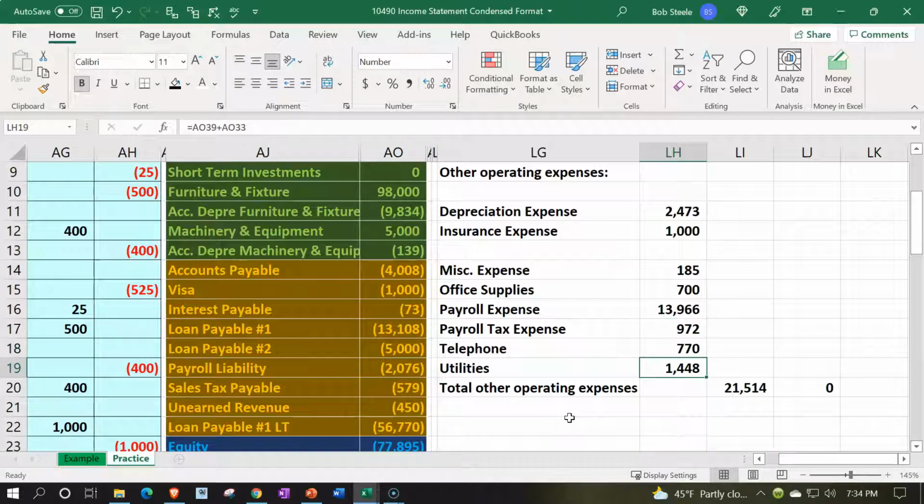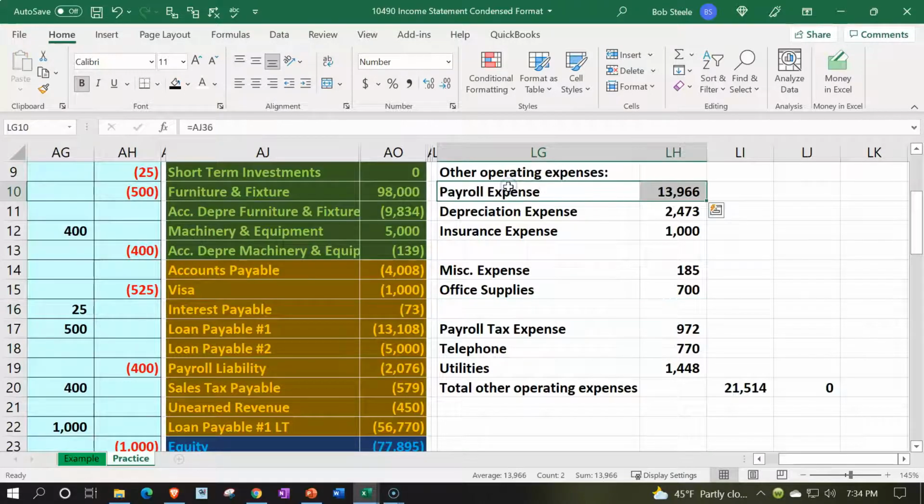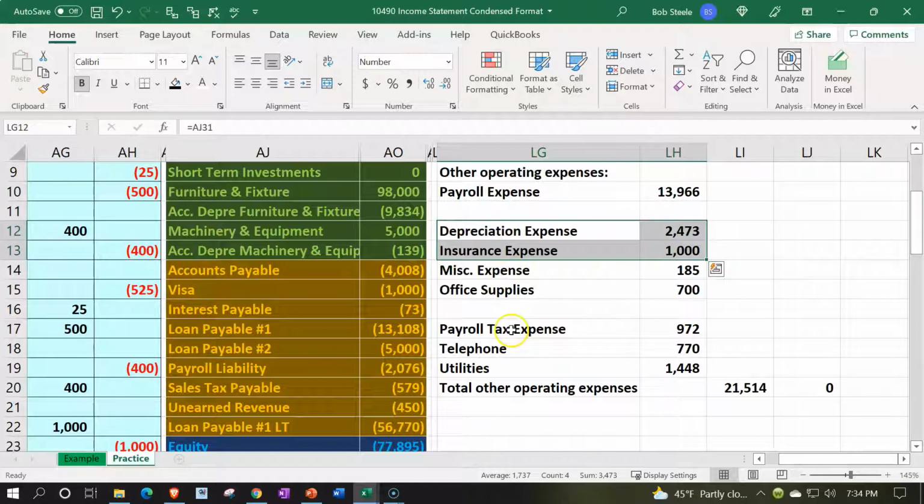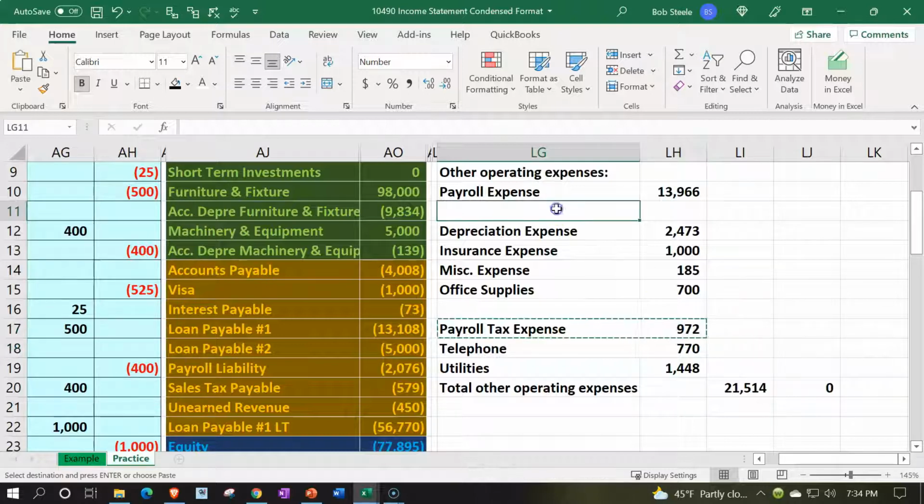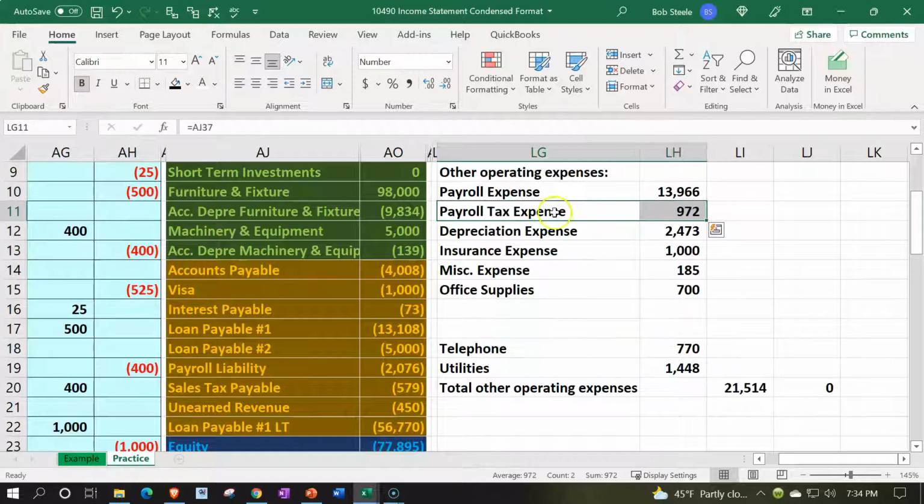Okay, now let's mess with the order. So let's say what looks like the payroll is the biggest one. So let's move that up top. I'm going to say Control X, move that up here. And then I'd like maybe the payroll taxes to be right underneath it, because that just makes sense, even though it's not the next biggest one. So I'm going to move this down, cut, Control X, and paste it right here. And I'm going to move this one underneath the payroll expense, Control X, put it right there, Control V, and then